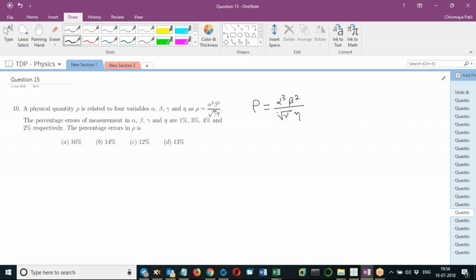Now we have done this kind of problem earlier today, so I can directly come to this: delta rho by rho into 100% is equal to 3 into delta alpha by alpha into 100%